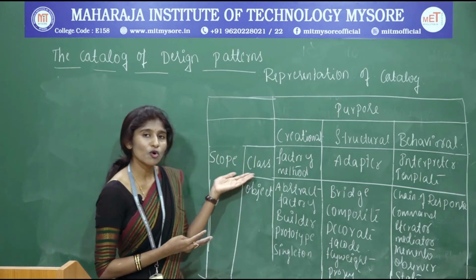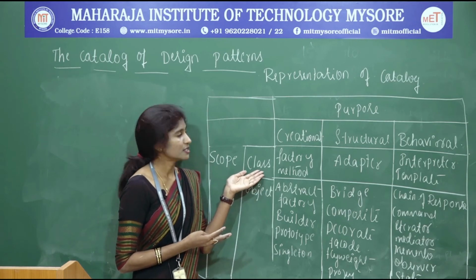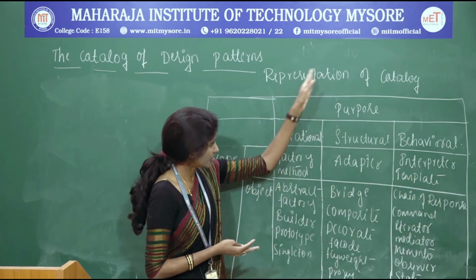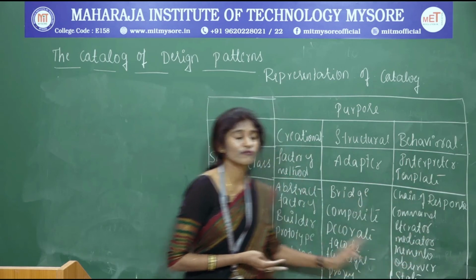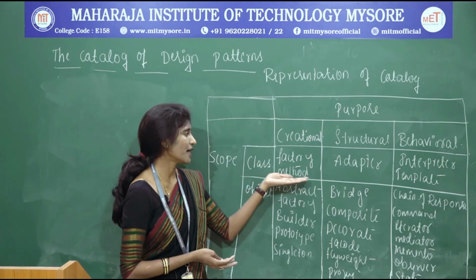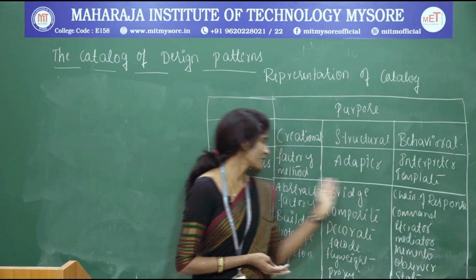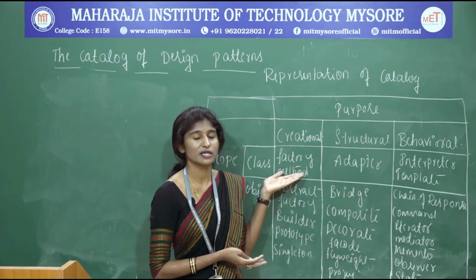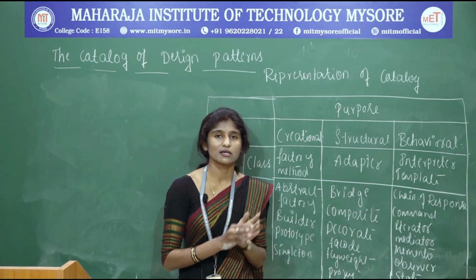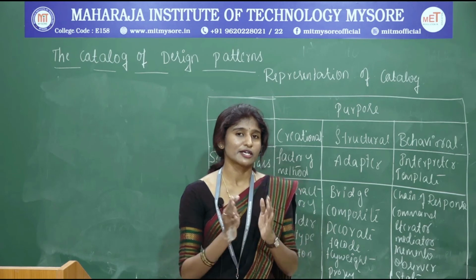And coming to the scope of a design pattern: class scope and object scope. Here in the class scope, you can read it in a horizontal way, and if you want to go with the purpose, you can read it in a vertical way. Okay. So for the scope purpose, read it in a horizontal way. Here in the class scope you have factory method, adapter, interpreter, template method and so on. These are the few design patterns which I have written with respect to the class scope. They are going to focus only on the classes, means creation of classes, structure of classes, and the behavior with respect to classes. Those concepts are related only to class.